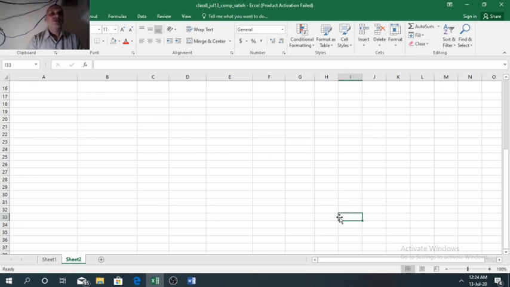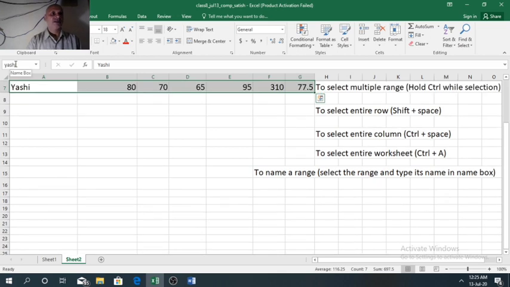Similarly, if you want to move to a range of cells that we have given a particular name, so from here, that is I33, we want to go to the data of Yashi. So here we will type Yashi and press the enter key.